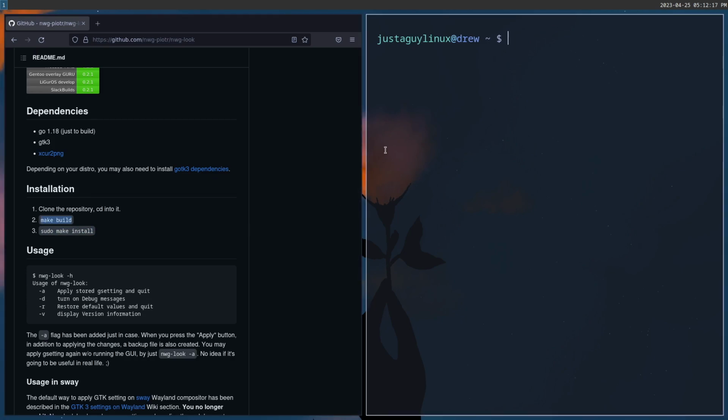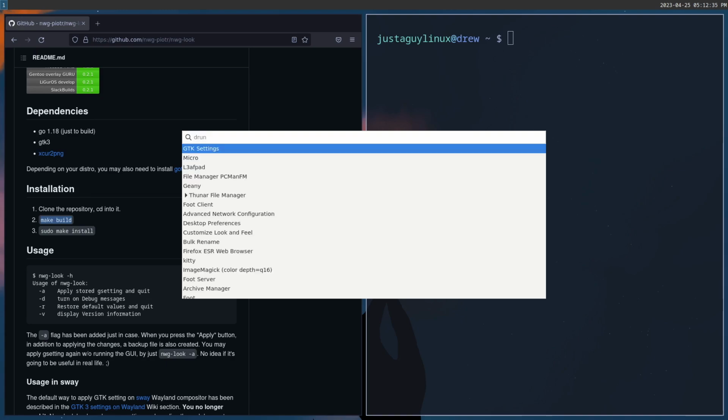Don't think it's stopped, but it takes a little bit of time for it to run that make build command. And I'm using an i7 from, I don't know, 6 or 8 years ago. So anyway, now I'm going to go ahead and start my wofi, which I have attached to the super spacebar key binding. And you'll see that